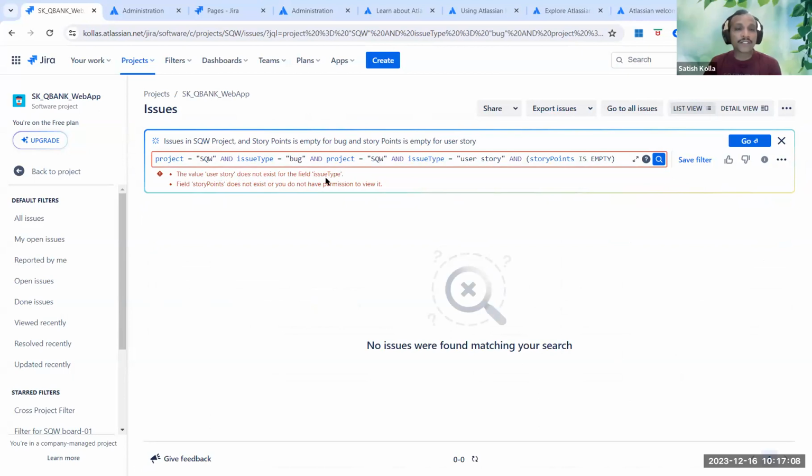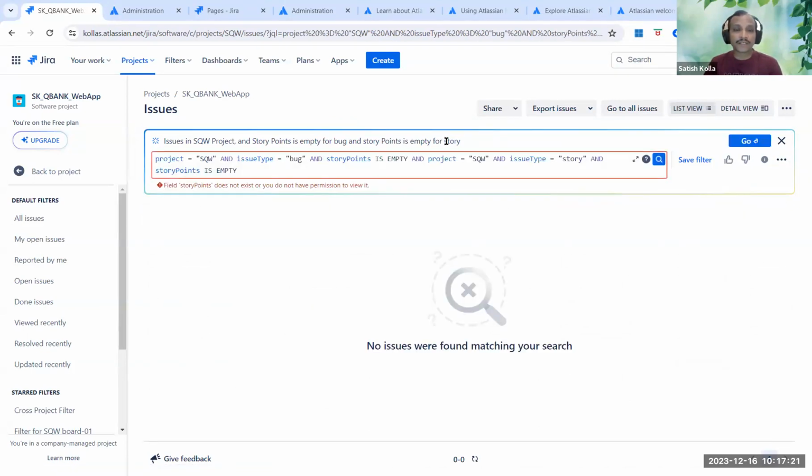The value user story does not exist for field issue type. No, issue type is not user story. Okay, empty for story. Got it. Field story points does not exist. Okay, let's see. But individually it is working, with the combination it is not,